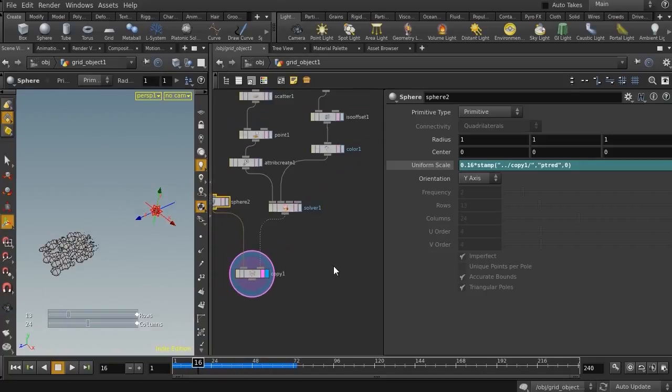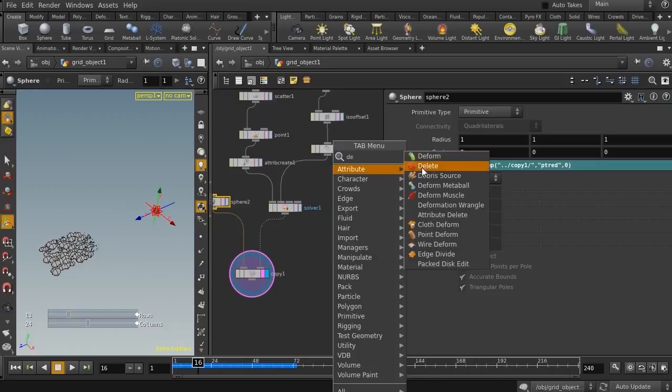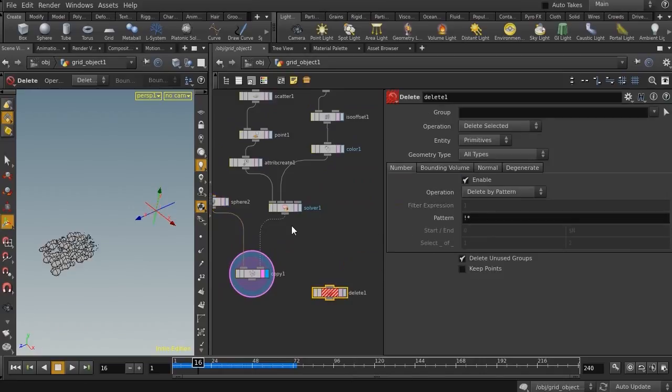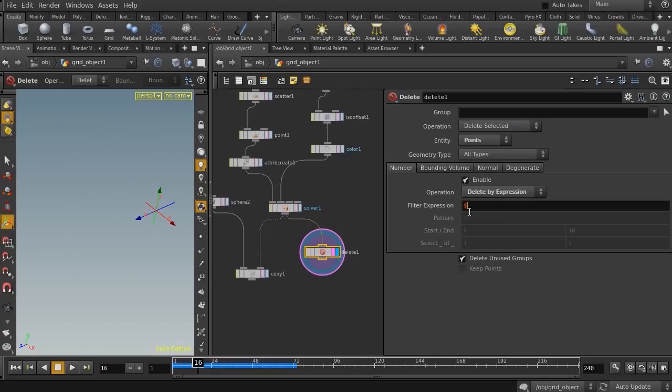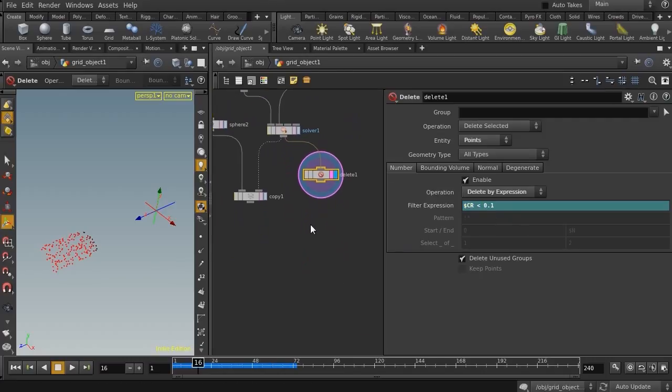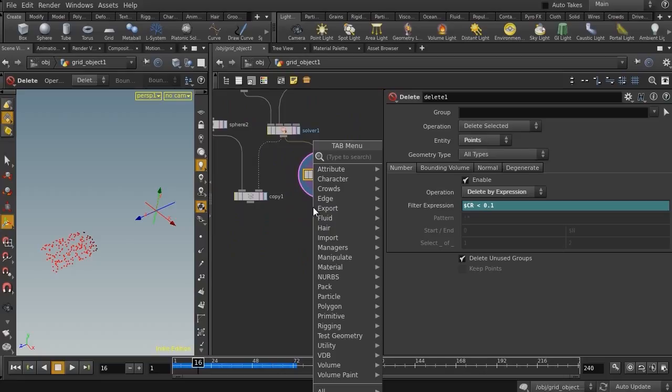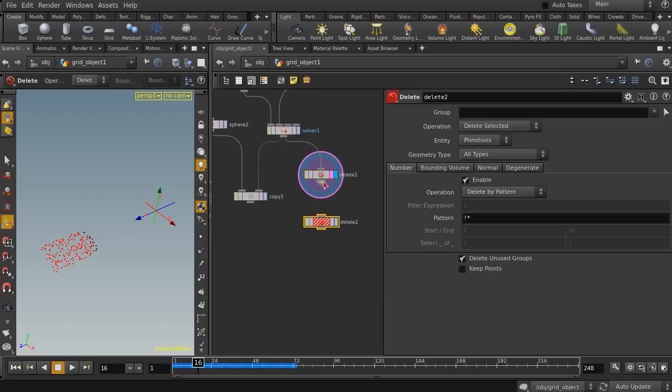Also, let's create a delete node, and let's delete the points which have a color red value less than 0.1. And here let's create another delete node